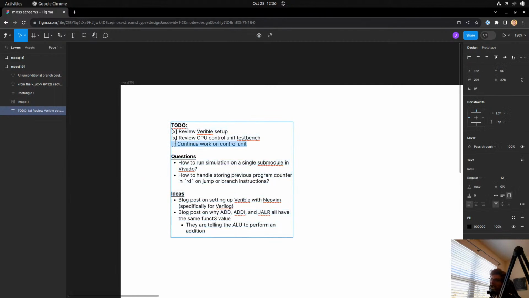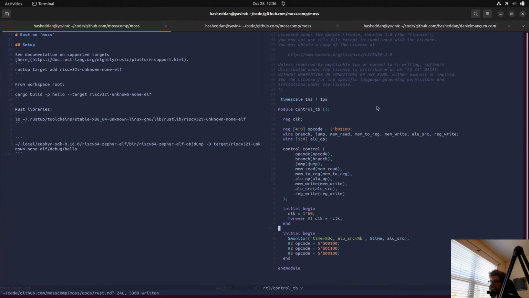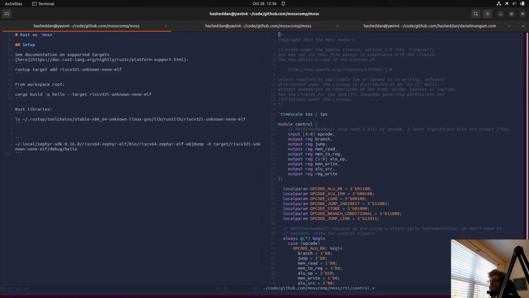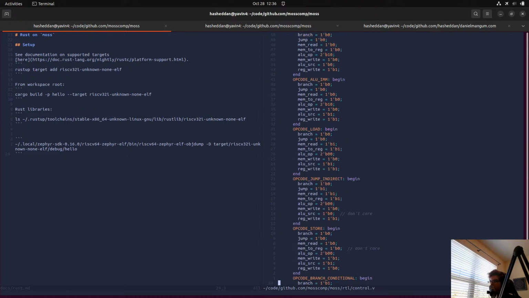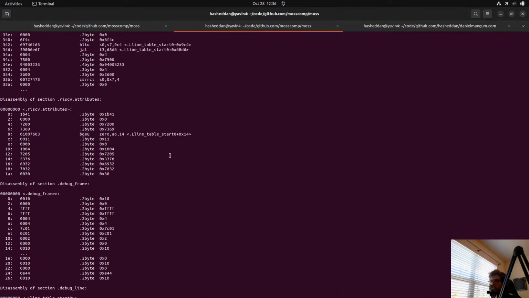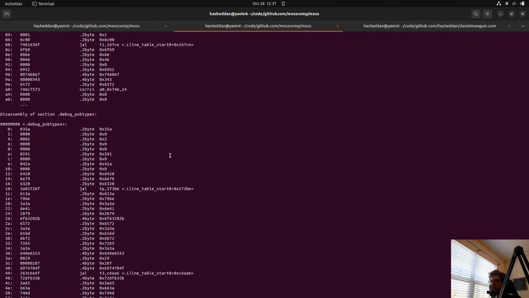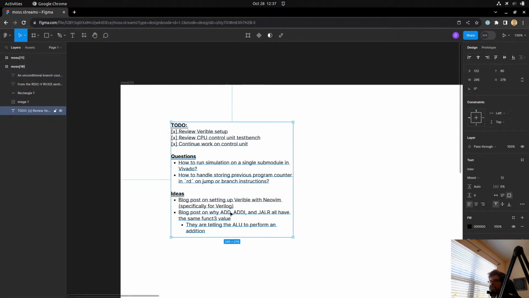Okay, so I feel like this is cheating a little bit. I mean, we did get the control unit done, but that was a very short period of time that we spent. But I wanted to actually generate some instructions to send through it, which maybe for next time.